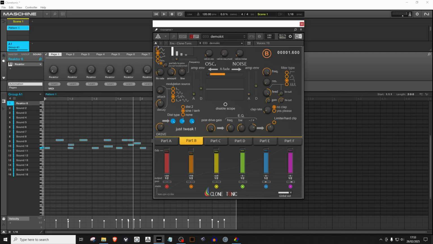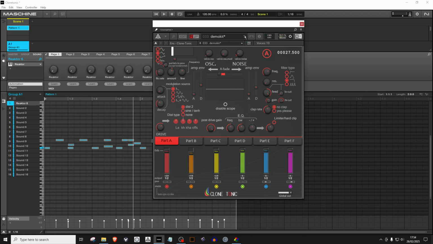Top left here, you have 4 different waveforms that you can work with: sine wave, triangle, saw, and a partial oscillator which has 10 partials, and you can edit them here just by clicking and moving just like that. So very easy. Below that we've got a frequency slider, and let's switch to the bass drum just for this, and you slide to the right and it increases the pitch of the drum, as you can see, and then turn it down